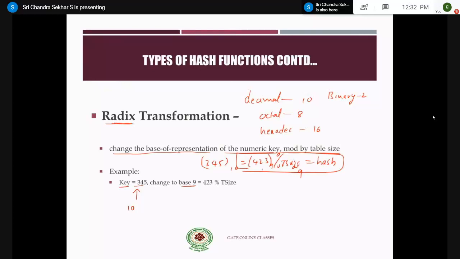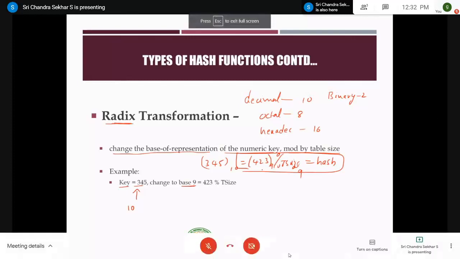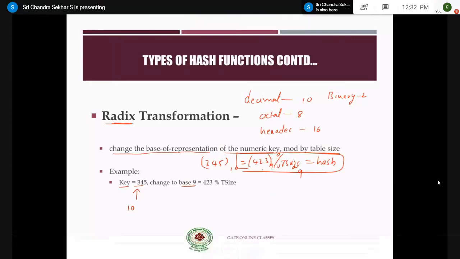And after this, I request all the students to bear for 15 more minutes so that we can complete this hashing function. And from tomorrow onwards, we will go with phase 2, which is nothing but the practice questions. We have a lot of questions to practice. You will get a lot of practice and you'll feel very confident while answering the GATE questions. So tomorrow we'll start the new concept of phase 2. We'll solve different practice questions and I will give you some different tips also, right? So please bear for 20 more minutes so that I can complete this concept.